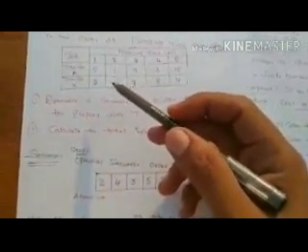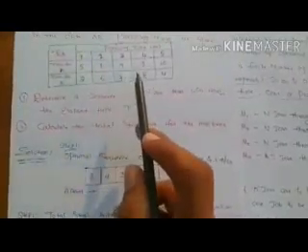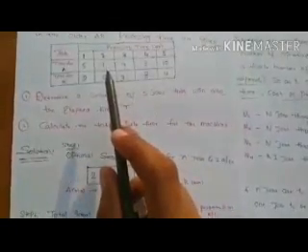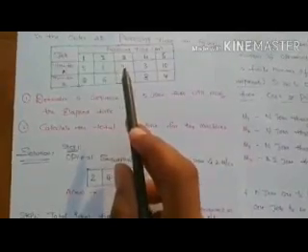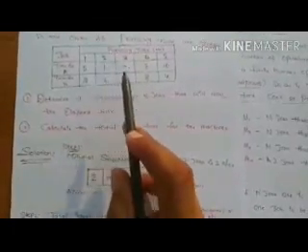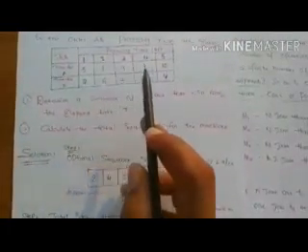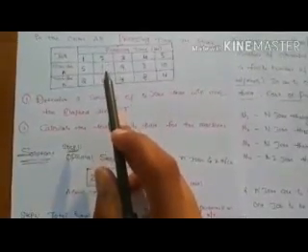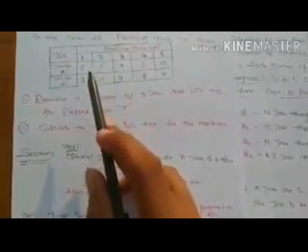Okay, let us see. For machine A, we have to choose which job is performing a very minimum processing time. We have to choose on machine A which job is performing minimum processing time. Okay, here the time is in hours, they have given it. For this, the second job is performing in 1 hour on the machine A.